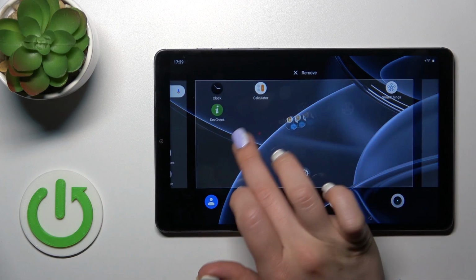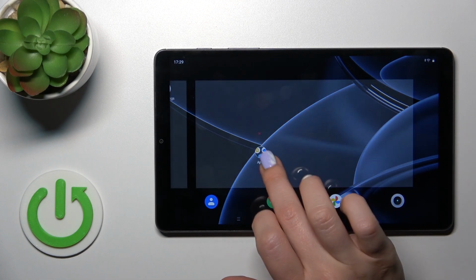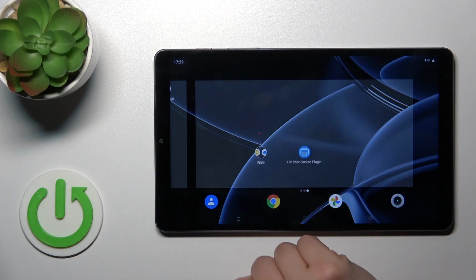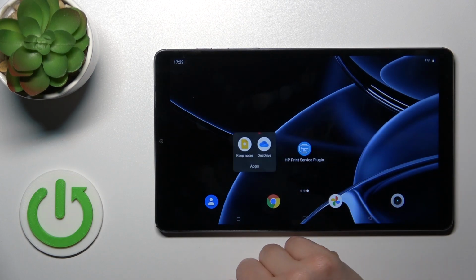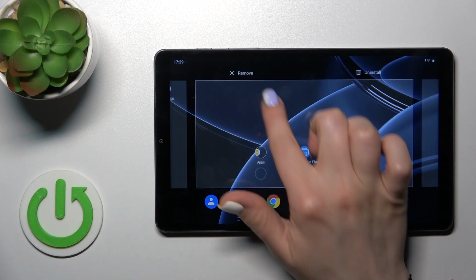To move this folder on the screen or between the screens, we should just hold it and drag it. To remove the application from the folder, we should hold and drag it to the home screen if you want to stay with this app on the home screen. Also, if you want to remove it from the folder and from the home screen, hold it and drag it